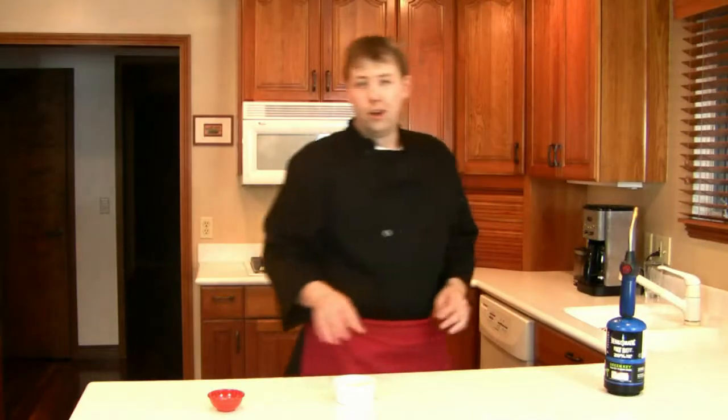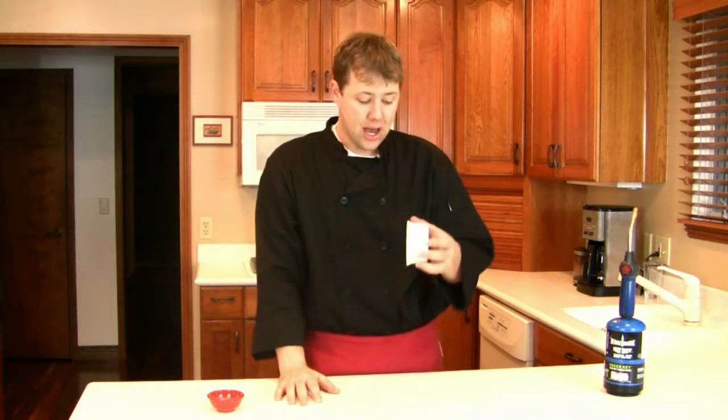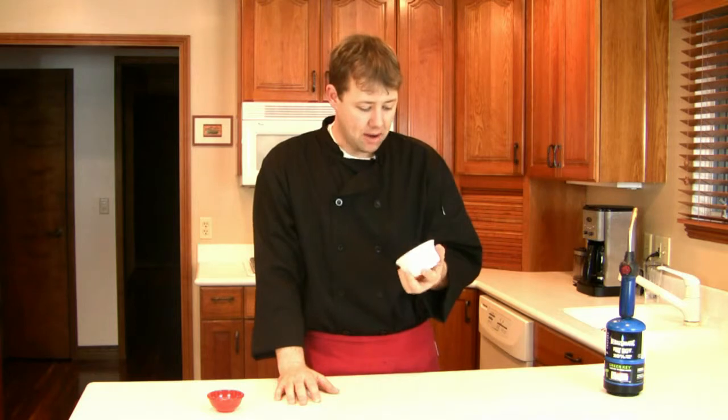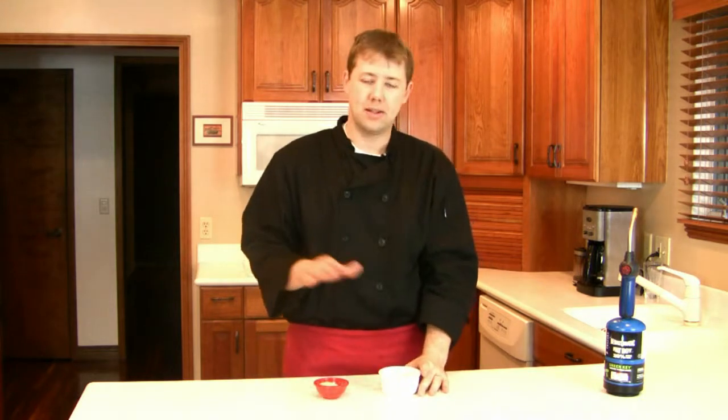Grab your blowtorch. We've given our custard, the creme portion of creme brulee, 4 hours in the fridge, and it's set up nice and firm. In fact, I wouldn't recommend doing that at home, by the way. Here's another little trick I like to do to really bring out the flavor of this. Traditionally, you'll use white sugar, about a teaspoon of white sugar. I like to use sugar in the raw